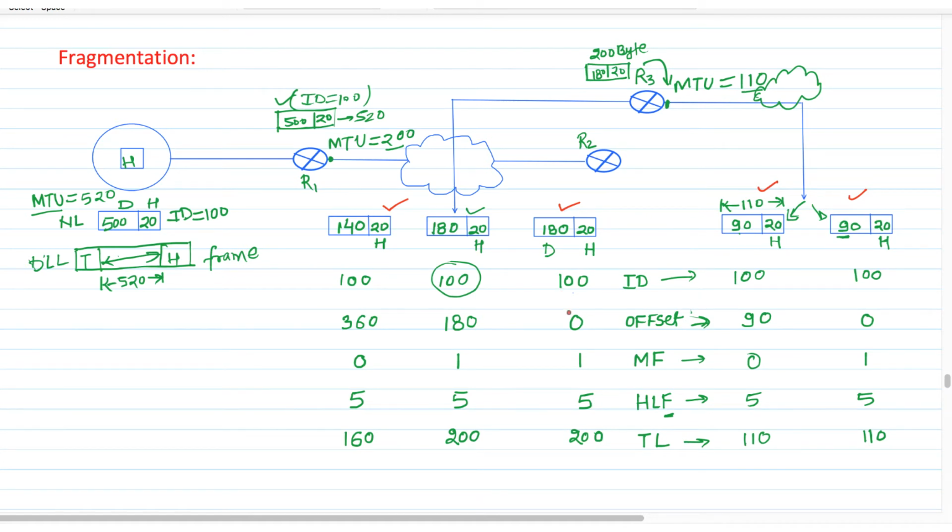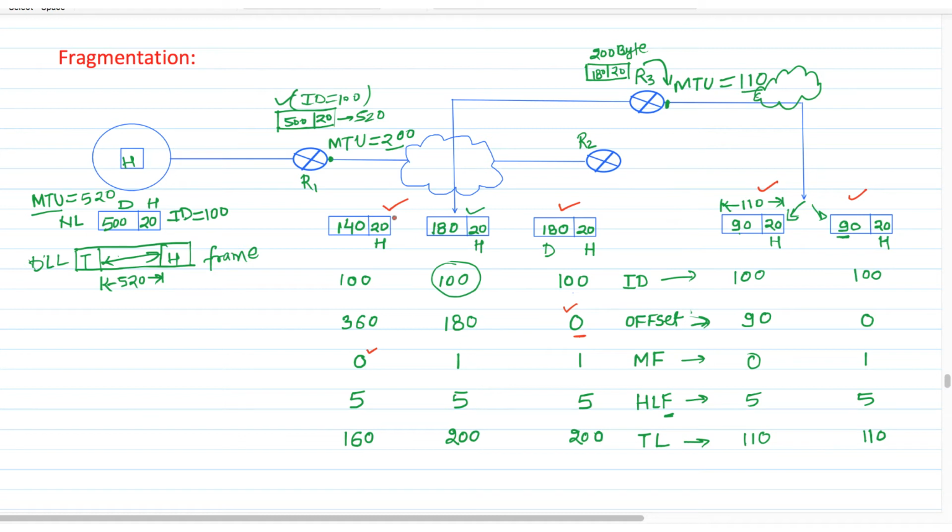As we know, if the offset value is 0, it means there are no data bytes ahead, so an offset value of 0 represents the first packet. So it must be the first packet. And if the MF value is 0, it represents there are no fragments after this fragment, which means this is the last fragment. So by looking at the 0 value in the offset field, we can identify which is the first fragment, and by looking at the 0 value in the MF field, we can identify the last fragment. So this is how we can decide which is the first and which is the last.